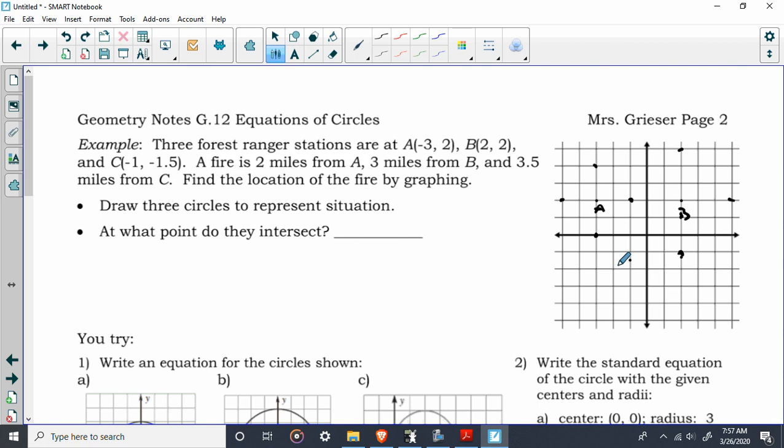Okay. And from point C, it's located 3.5 miles. So again, we're at a half. So we're going to go half to here, and then 1, 2, 3. So that's where our fire is going to be. 1, 2, 3 and a half this way, and 1, 2, 3, and then here's your half right here. Okay. So what happens is, if you take some circles from these points,